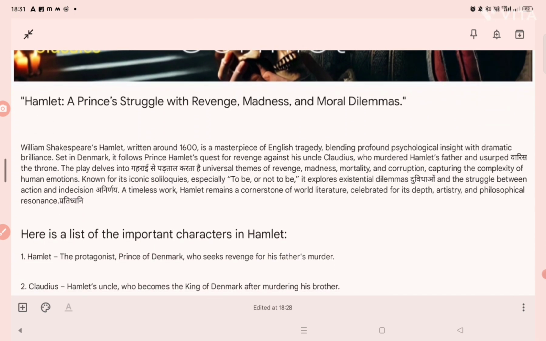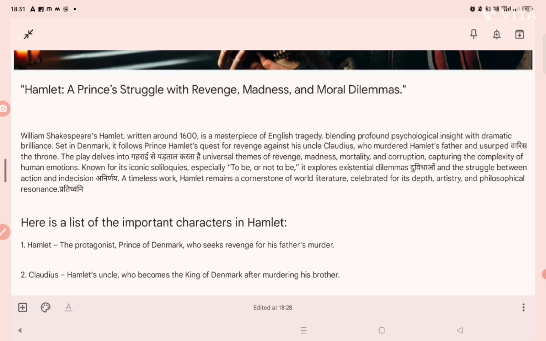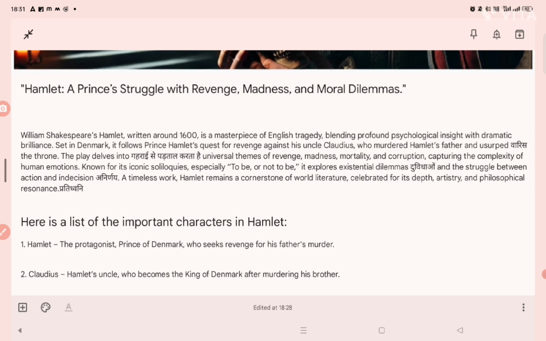William Shakespeare's Hamlet, written in around 1600, is a masterpiece of English tragedy, blending profound psychological insight with dramatic brilliance. Set in Denmark, it follows Prince Hamlet's quest for revenge against his uncle Claudius, who murdered Hamlet's father and usurped the throne. The play delves into universal themes of revenge, madness, morality, and corruption, capturing the complexity of human emotions,